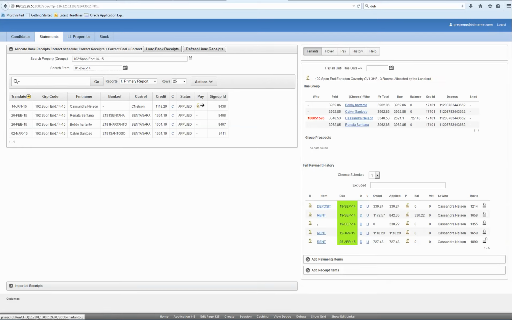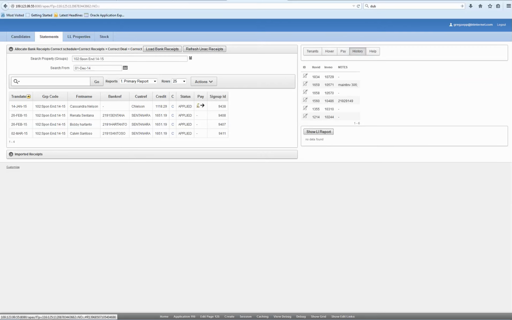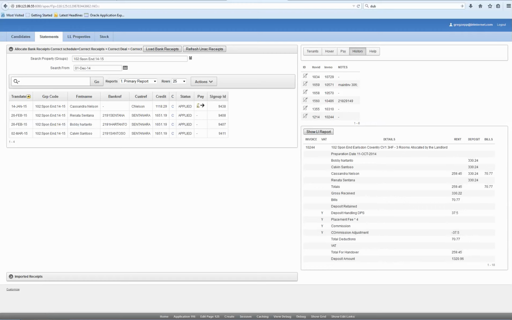And just to emphasize that, 1659, 1355, 1658, those were the handover statements that these were on. You will find them in the history here, 1355, 1560, 1658, and you can examine them here, and